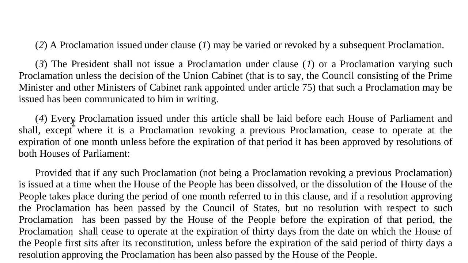4. Every proclamation issued under this article shall be laid before each House of Parliament and shall, except where it is a proclamation revoking a previous proclamation, cease to operate at the expiration of 1 month unless before the expiration of that period it has been approved by resolutions of both Houses of Parliament,